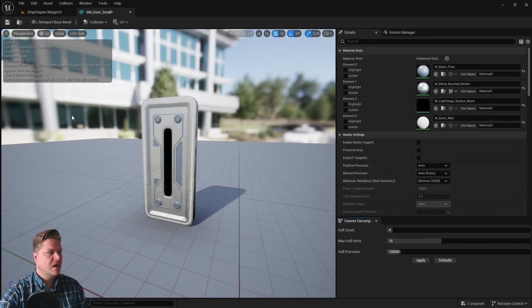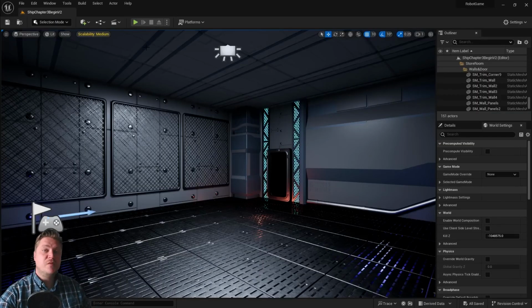There it is. And that gives us all the materials we need on our door. So then I can click on save and I can just close that for now. So if we didn't want this door to open, we could just now add that static mesh into the level like we did everything else. But we do want it to open, so we need to do a few more steps before we start bringing